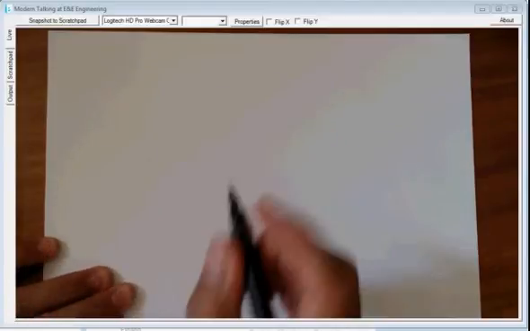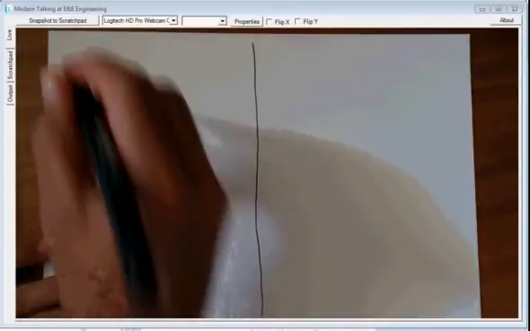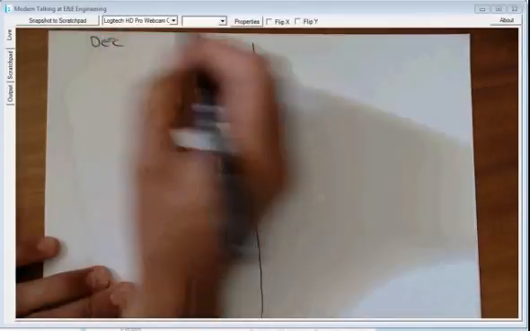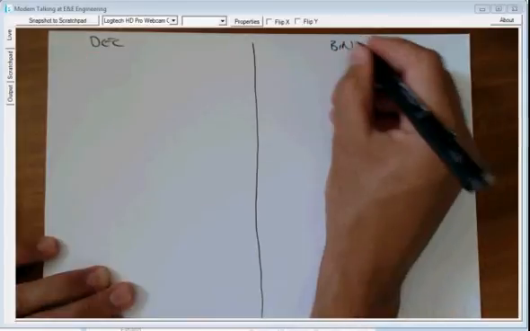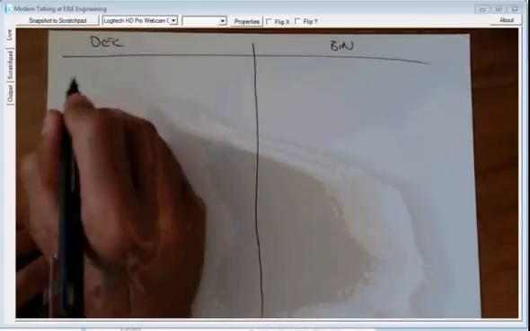So the number system works in a very simple way. I'll try to divide this page into two, where I'll first do decimal and then I'll do binary, so that you can check what the difference between the two are. If I were to give you a number